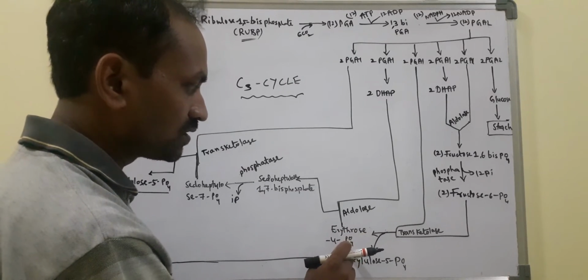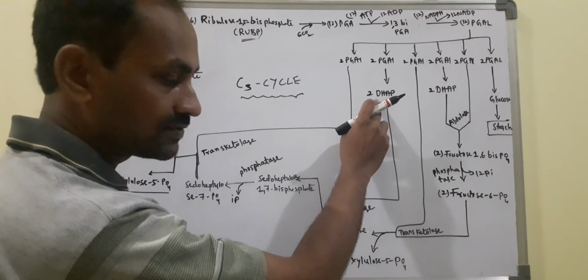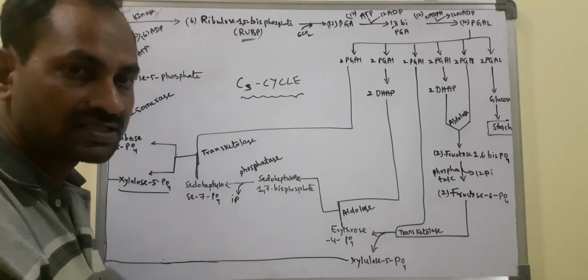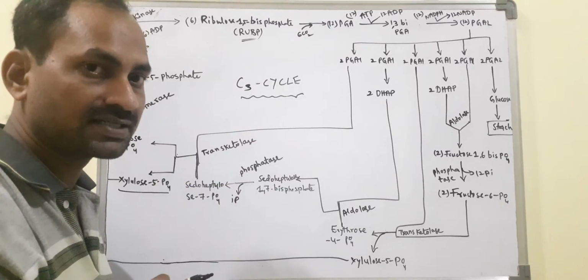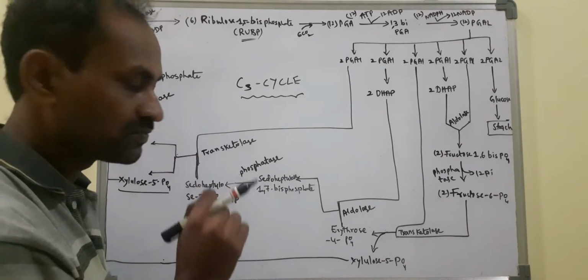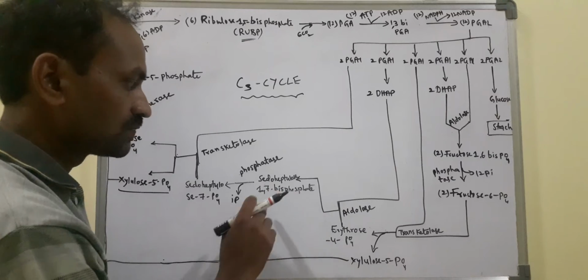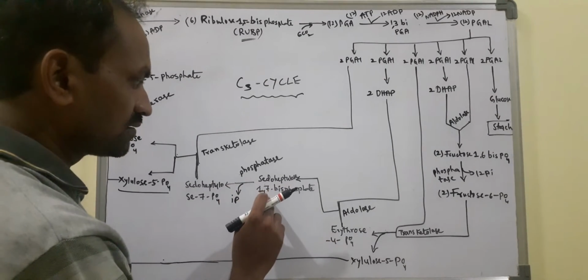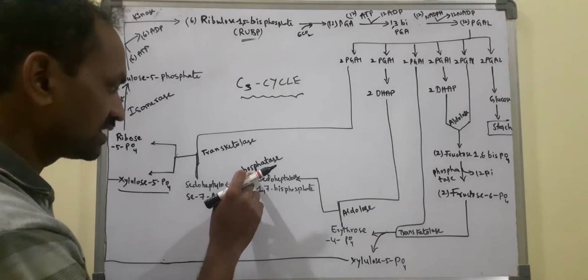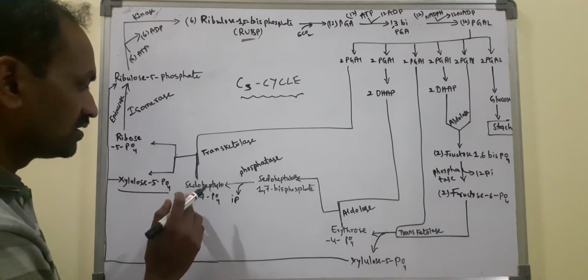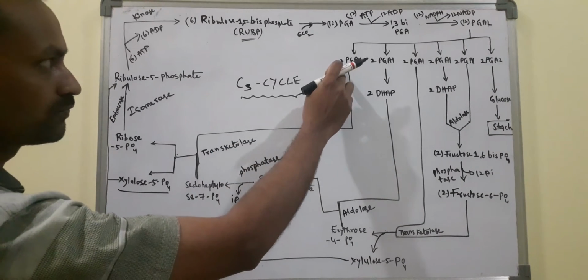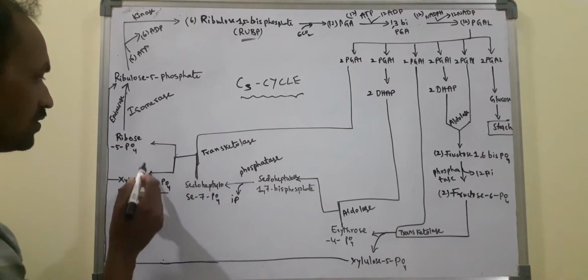Now this erythrose 4 phosphate combines with 2 molecules of dihydroxyacetone phosphate in the presence of aldolase and forms pseudoheptulose 1,7 bisphosphate. Pseudoheptulose 1,7 bisphosphate is a 7 carbon containing compound. This 7 carbon compound has 2 phosphate molecules, that's why we call it 1,7 bisphosphate. Now it loses 1 phosphate molecule in the presence of phosphatase and forms pseudoheptulose 7 phosphate. Now this pseudoheptulose 7 phosphate combines with the leftover 2 molecules of phosphoglyceraldehyde and forms 2 molecules again,